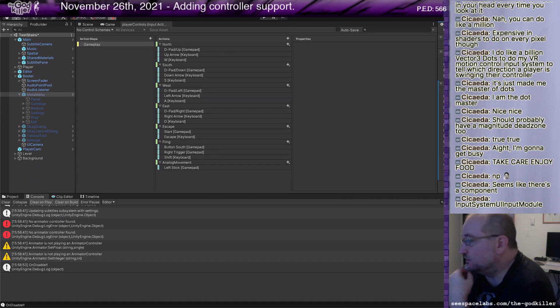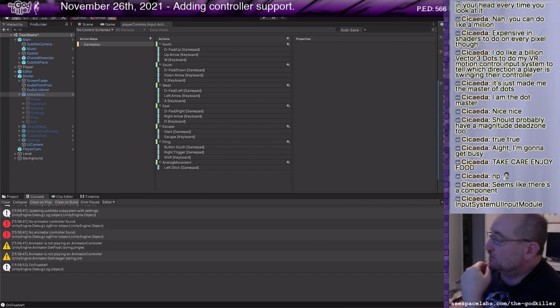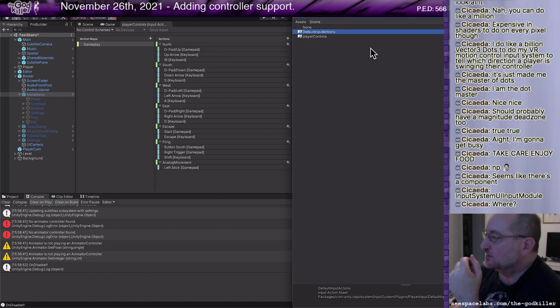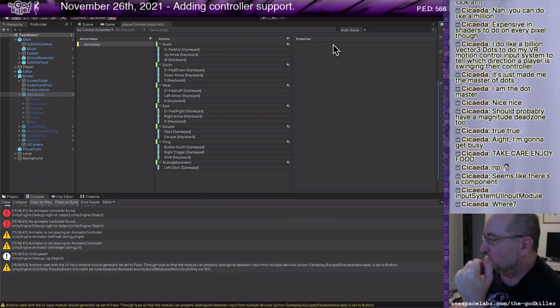Input system UI input module. Yeah, that's what this component is. So it does seem pretty safe for me to switch over to player controls for a moment.